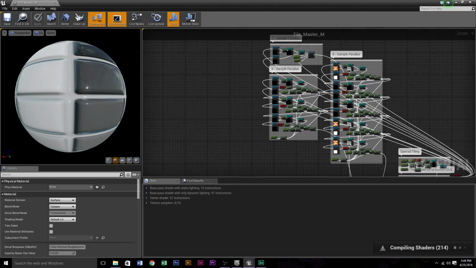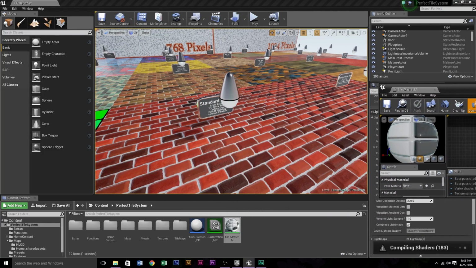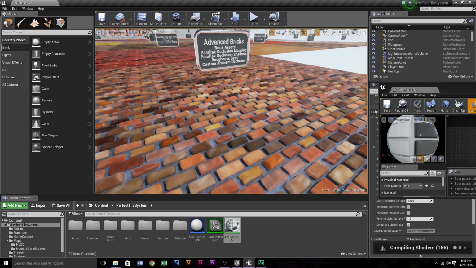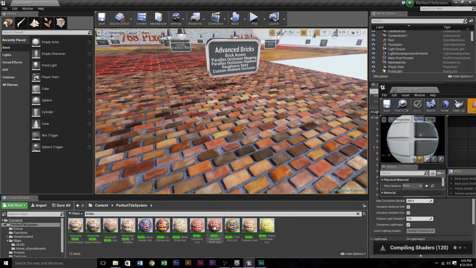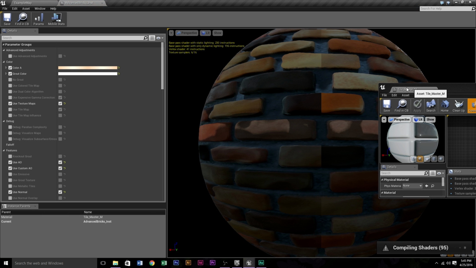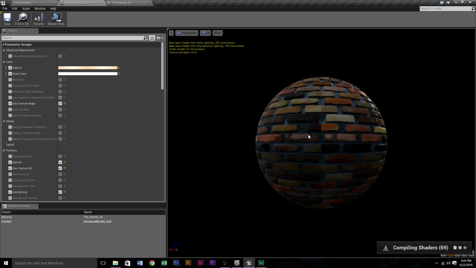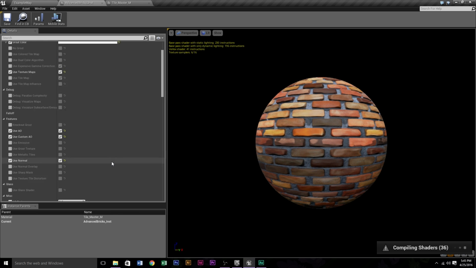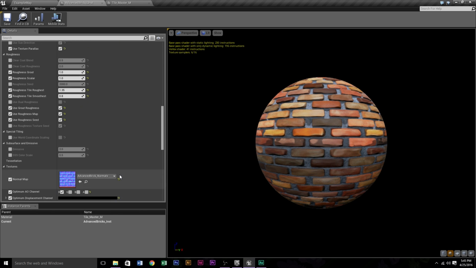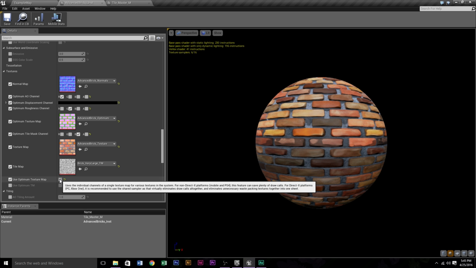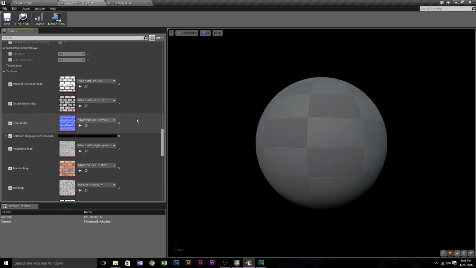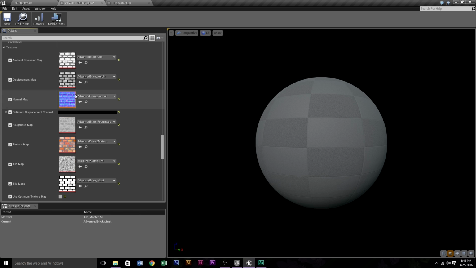one of the newer features that I have right now in the realms of optimization, you'll actually see it in a brand new preset, the Advanced Bricks preset. So I'll go ahead and pull that up for you. One of the newest features for optimization is this optimum texture map. And you'll see the option to use it right here. Use optimum texture map. If I uncheck it, these are all the textures that it's using, and it's calling each of these textures